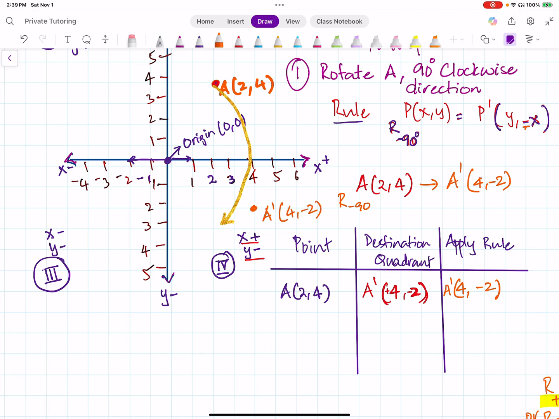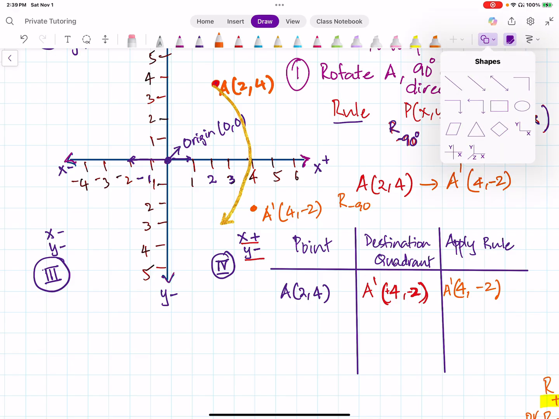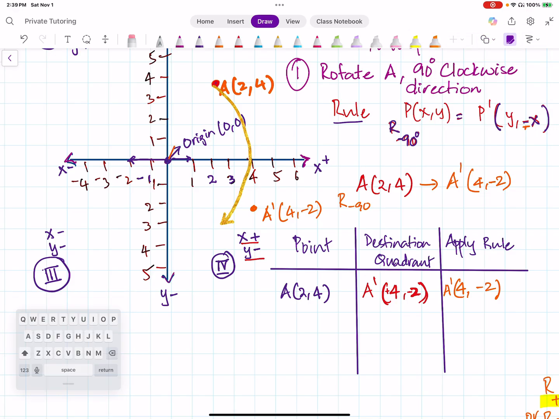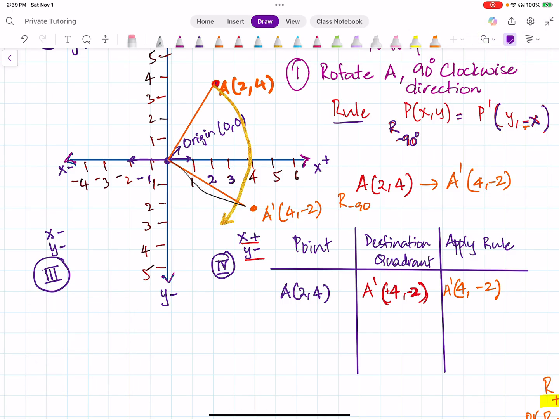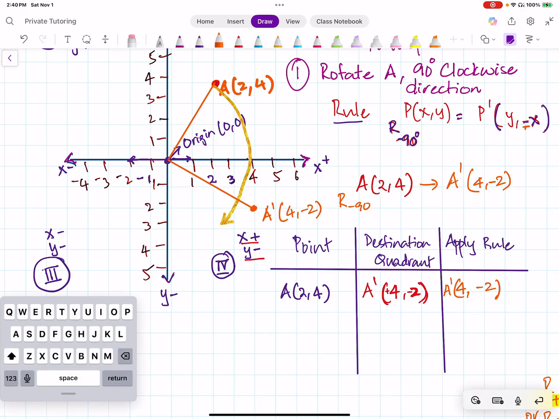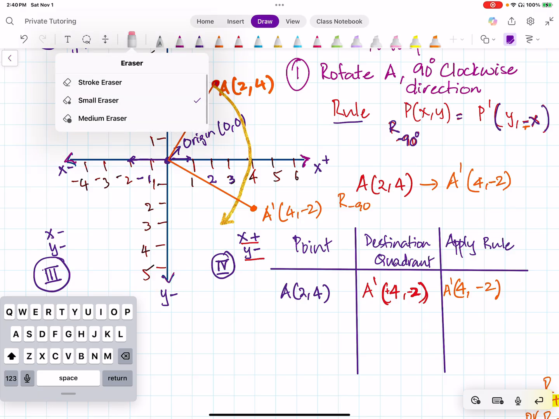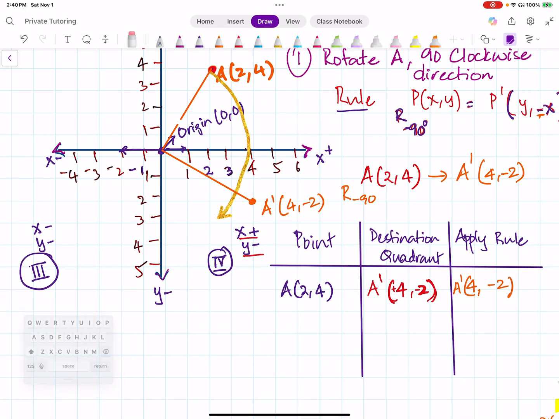The important and a very interesting fact to note is that if you join these points to the origin, it always forms a 90-degree angle. And for the sake of understanding for this video, please note that any rotation that we talk about is about the origin, and this is the reason why. Because when you join these 2 points through the origin, it forms a 90-degree angle. Okay, so this is what we did. We rotated these